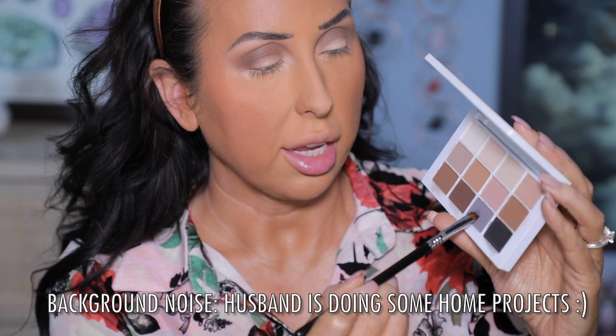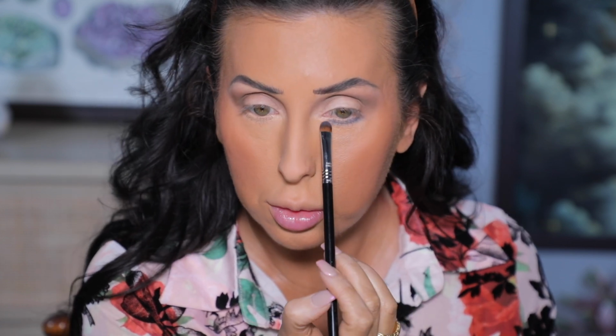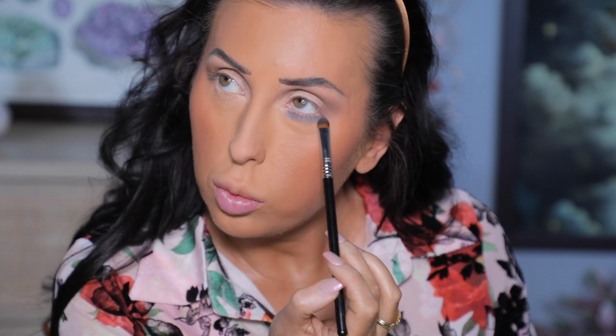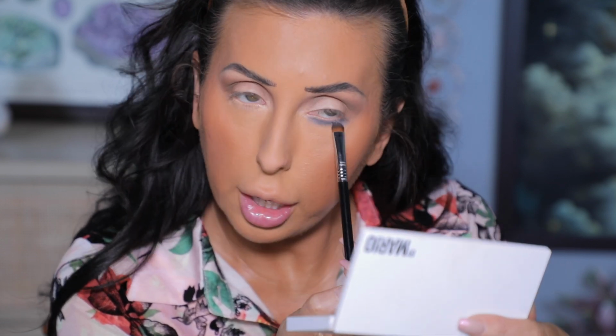Let's pull in a little bit of this gray that I do think is really pretty. I said earlier, but I do have an olive saturated undertone that is warm leaning. So when I'm going for neutrals, I really love neutrals that are golden in undertone, olivey in undertone, or warm leaning. But I do think using a cool shade like this, or a gray like this, or just anything cool can provide such a contrast that can also be really beautiful and striking. So if you have a cool undertone, don't be afraid of warm shades. Just choose your eyeshadow primer thoughtfully and go for that kind of contrast in your look. I'm just really kind of packing the shade on first and then